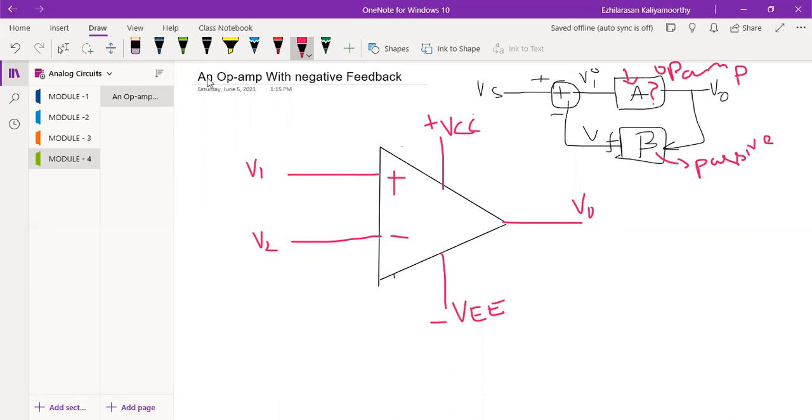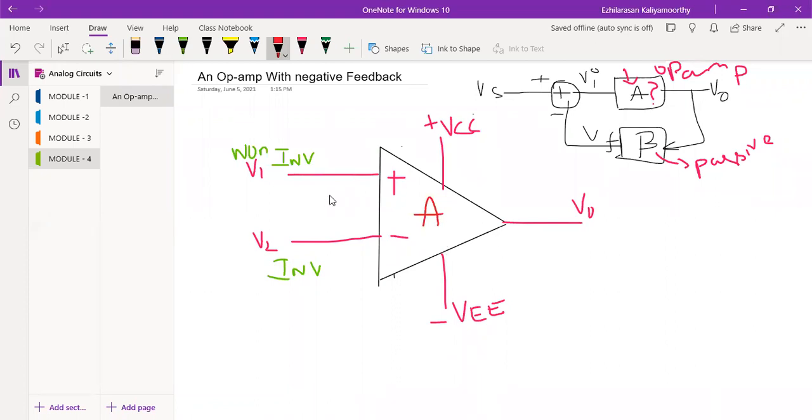Now the V1, it's a plus. So if it is a plus, I can say it is an inverting terminal. So I can say the V2 is, sorry, it is a non-inverting terminal. So this will be an inverting terminal. Normally, what is the output? The V0 it will produce. This is the amplifier which has the gain of A. So we need to study what the ideal characteristics of the operational amplifier are.